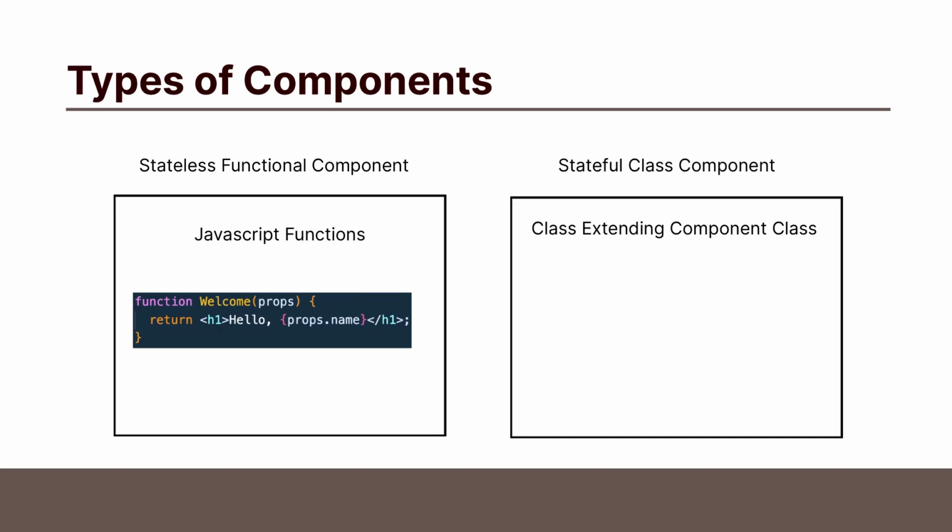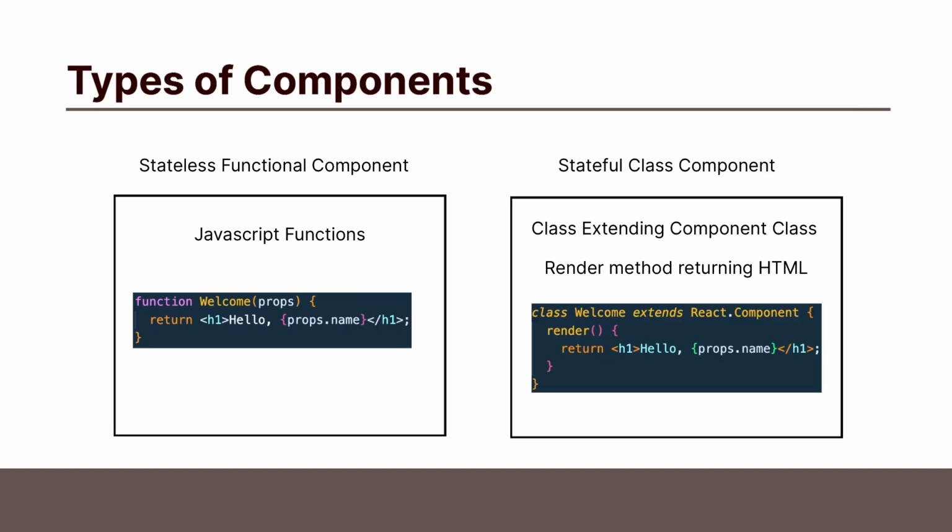Class components, on the other hand, are regular ES6 classes that extend the Component class from the React library. They must contain a render method which in turn returns HTML. For example, Welcome extends React.Component and the class contains a render method which returns an h1 tag that says